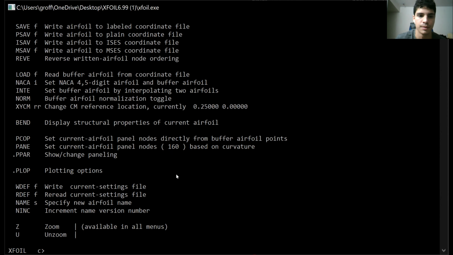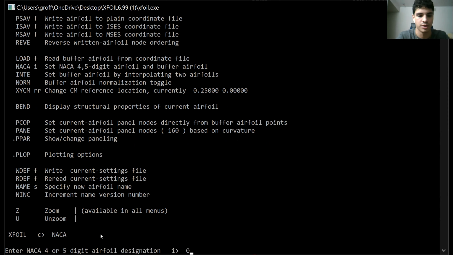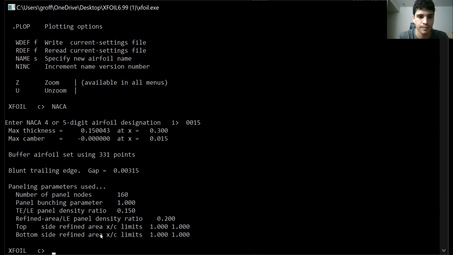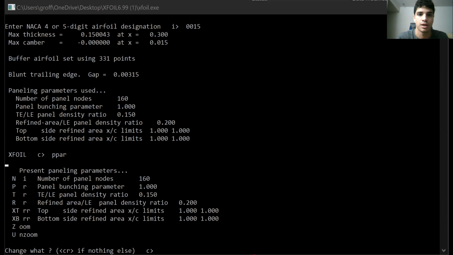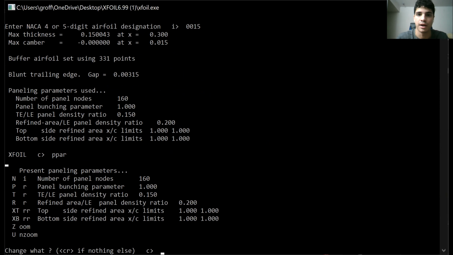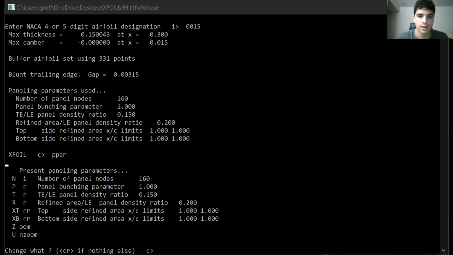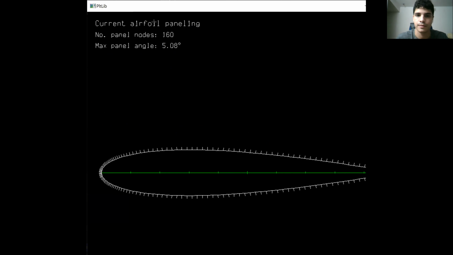Xfoil. And then what you're going to do is hit NACA because they already have the NACA airfoils in their database. I'm going to put 0015 for the symmetric one. It's going to give me this. I'm going to hit PPAR. What it's going to do is show up a screen of our panels. See if I can share it as well. And basically, you're going to go back into